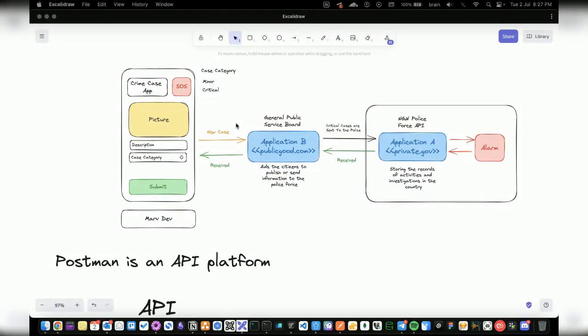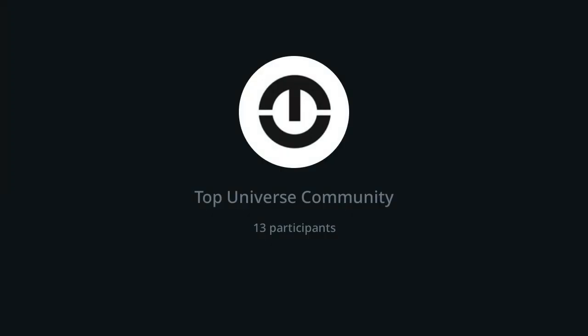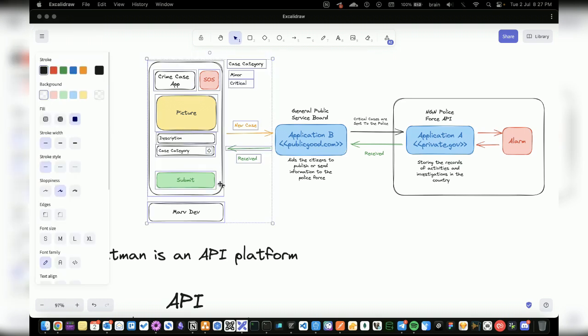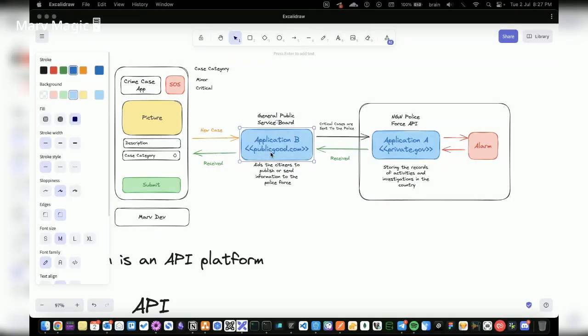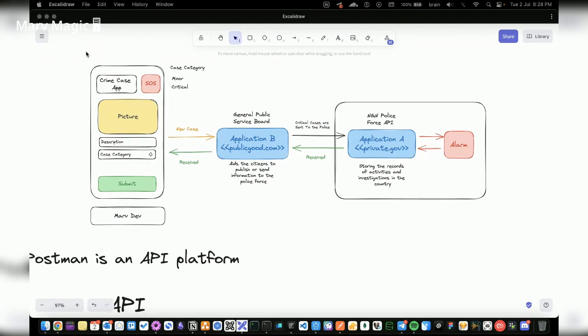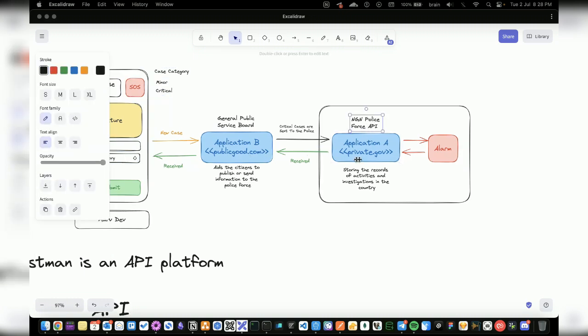We are still speaking on API and the fact that we are communicating from one application, right, which is a mobile application in this case, built by a developer, to another application built by a different company called Public Good. And then that application, based on the request gotten from this mobile app, sends another request to the police application or the police API.